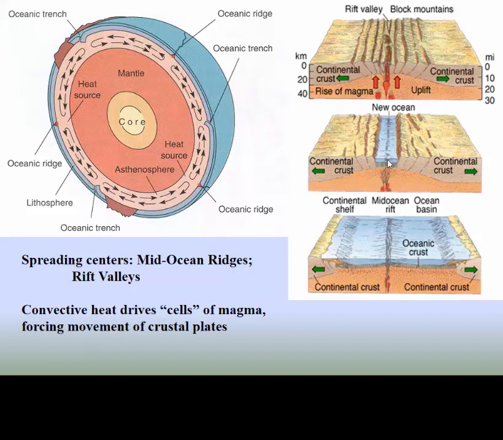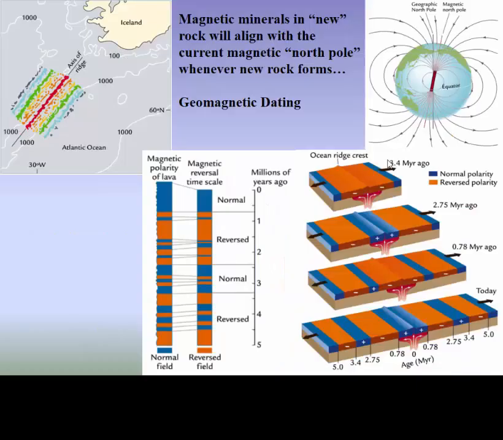Now, this movement is on the order of inches per year. And we have buildup of stress, so it might not move for years and then move 20 feet all at once. That release of energy is what we call an earthquake, which we'll talk about next chapter. But it wasn't until the 40s that we started to get the idea that newer rock was closer to these centers and older rock was further away. So we started to see this mechanism